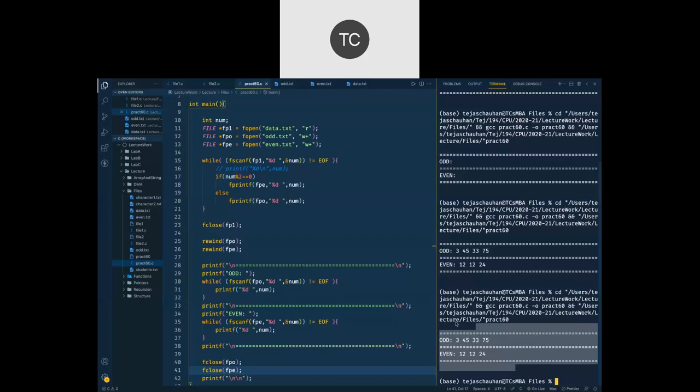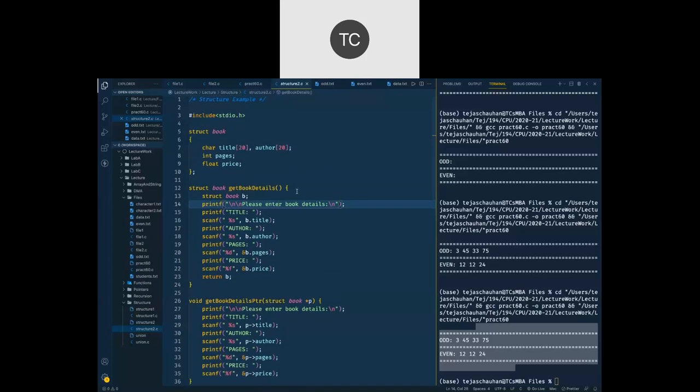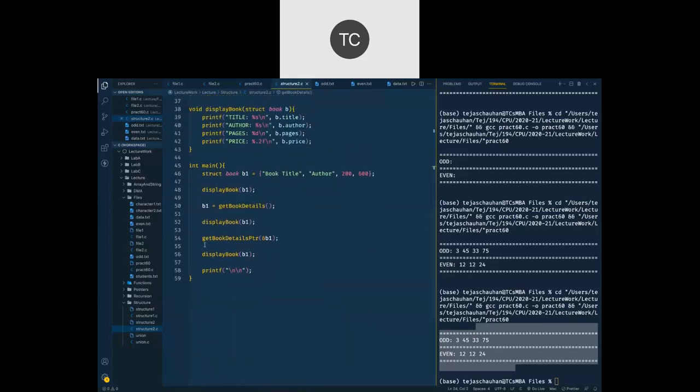Okay, Nirmal is asking, can you give an example of returning more than one value from a function using dynamic memory allocation? Well, we have seen that thing in the structure itself. Look, this is the thing. In the structure example, in this program, we simply call the get book details function.